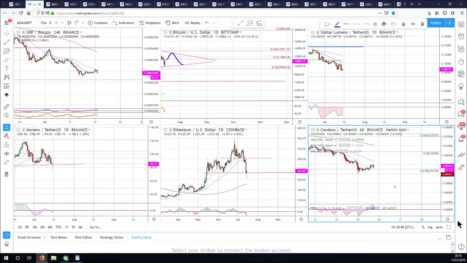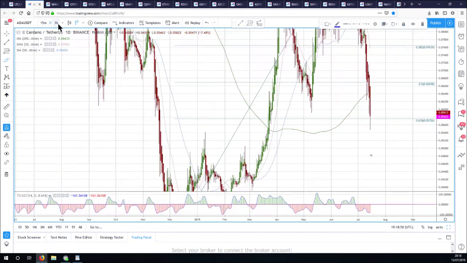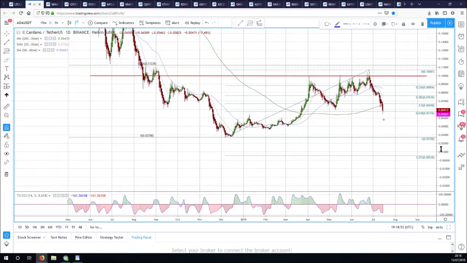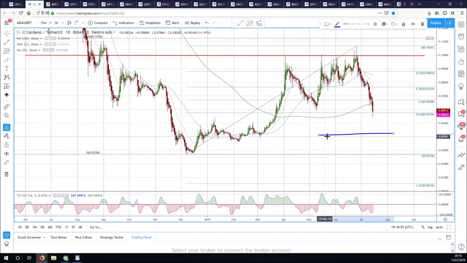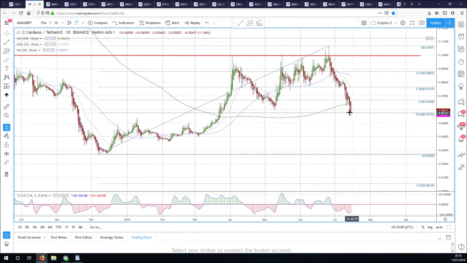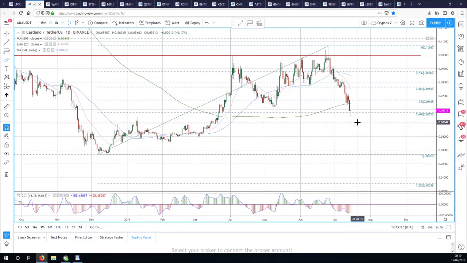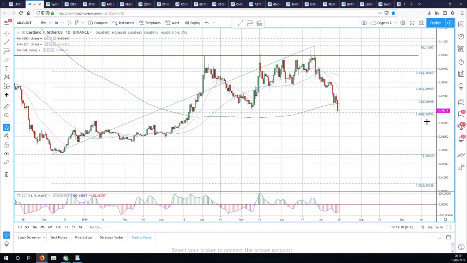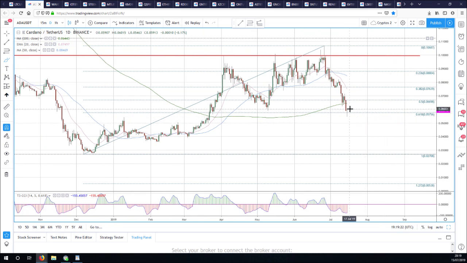ADA is another one. We're looking at Tether because Bitcoin's so nutty. In ADA, we've reached the 61.8 fib. If we draw our retrace from the December low to the high that we made in June, we're at that 61.8 level. Why might we get a reaction here? Because each of the other fib levels did give us a bit of a reaction, a bounce. So we can say confidently we'll probably pause and bounce here at 5756.